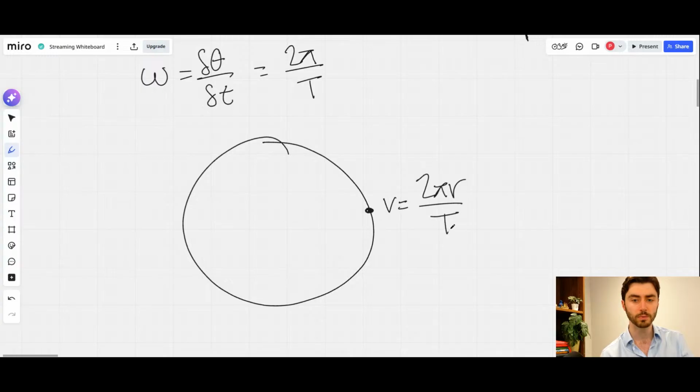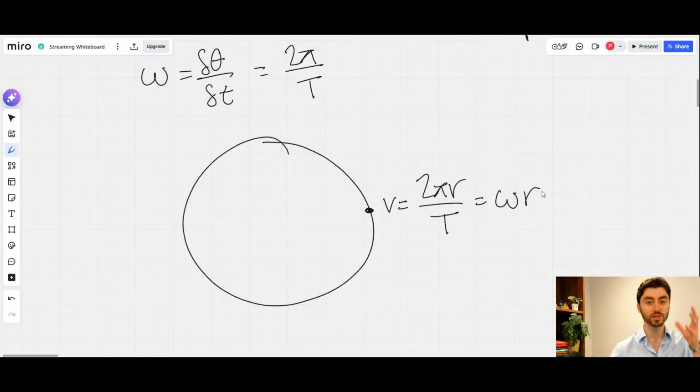And the time taken would be big T, the time period for circular motion. And then if we see this 2 pi over T here, that is omega. So we can also say that v is equal to omega r. And so these relationships are very helpful